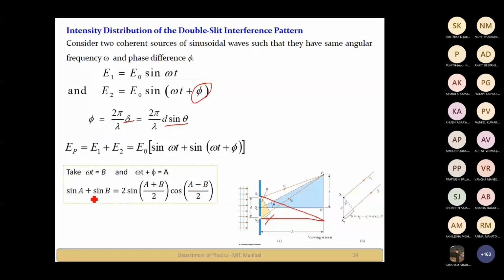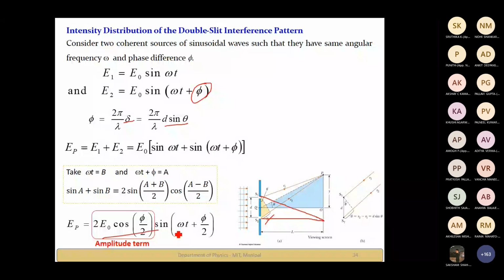The resultant will be 2 E0 cos(phi/2) sin(omega t + phi/2). If you carefully look at this term, it looks like an amplitude term, right? So this is the amplitude term, that is, the amplitude of the resultant. Okay, so E0 are the amplitudes of the